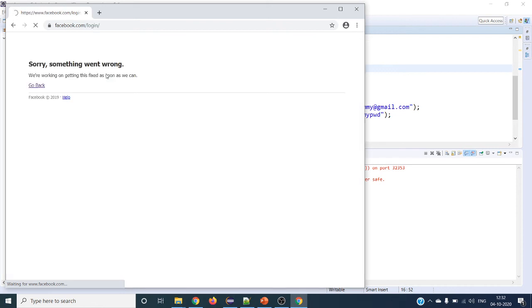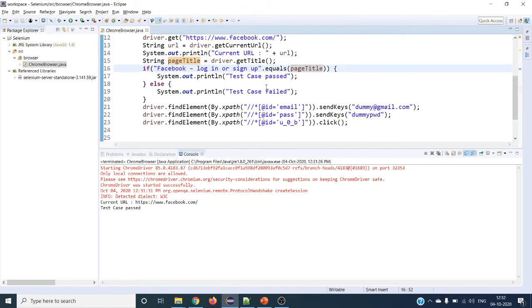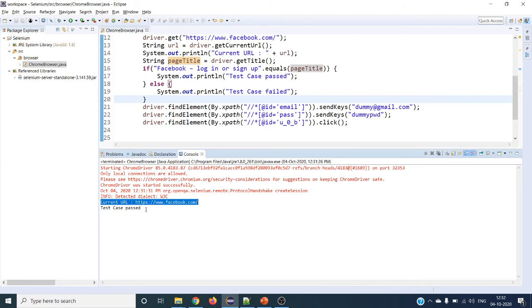It's checking the backend. You can see: sorry, something went wrong, we are working on it. Maybe something is wrong on the Facebook side. Let's close this. You can see over here your current URL is this one, and the test case is passed.